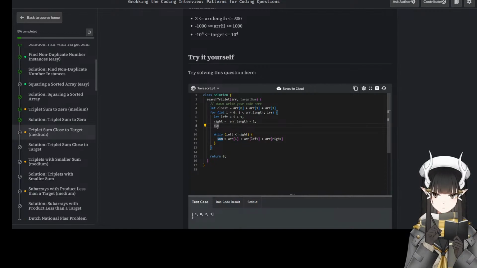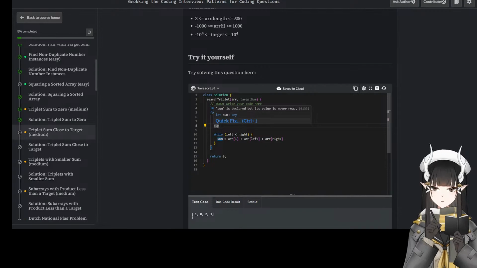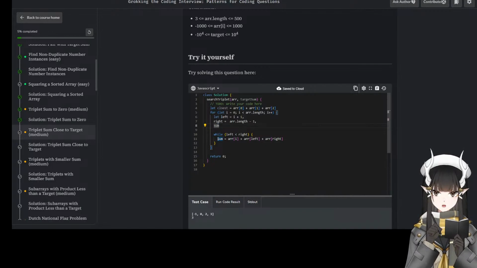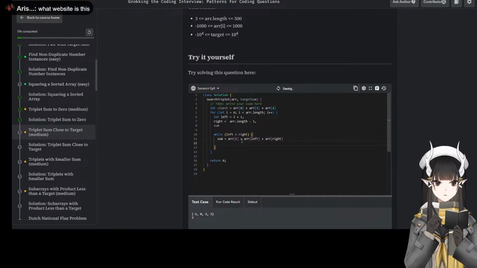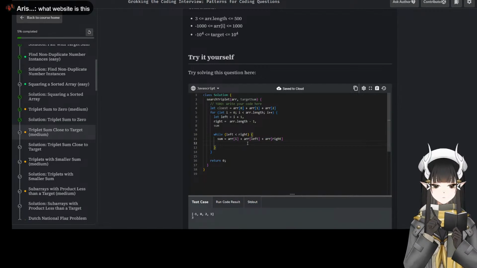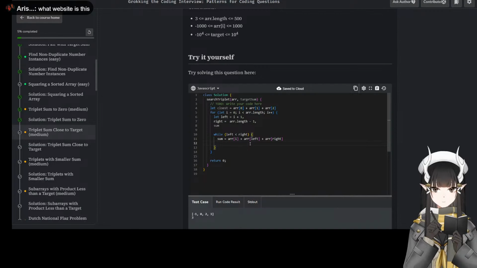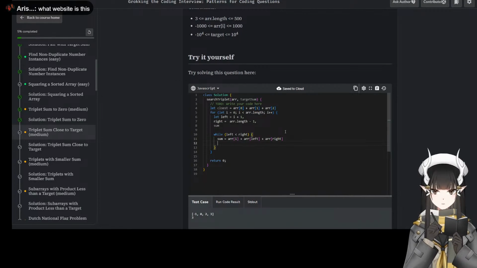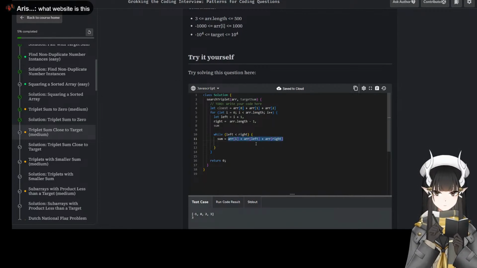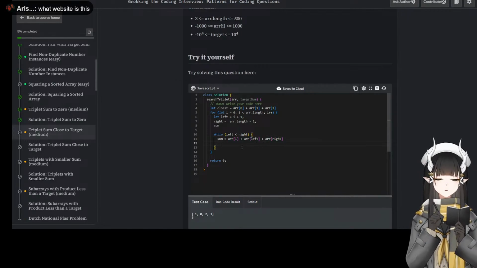It's used. What are you talking about? And then we do a sum. And then we're looking for the target. What website is this? It's on top here. Sum is the first triplets, and then we're looking for target sum.